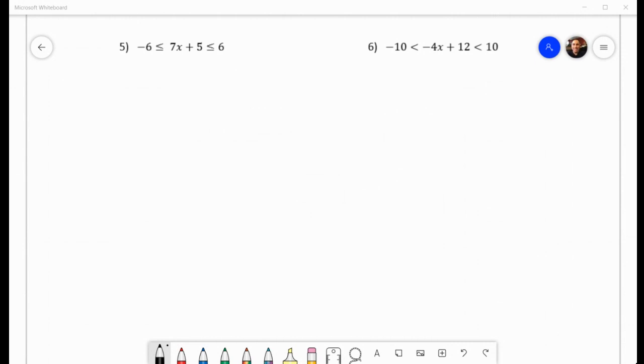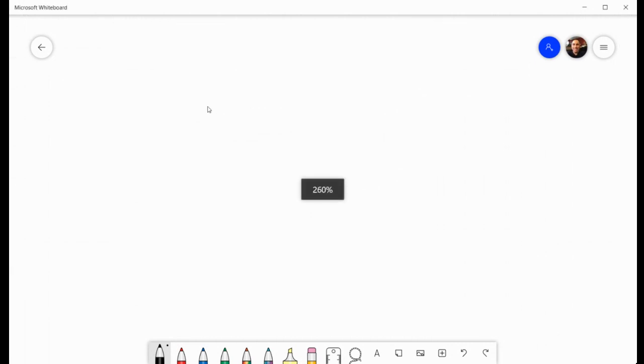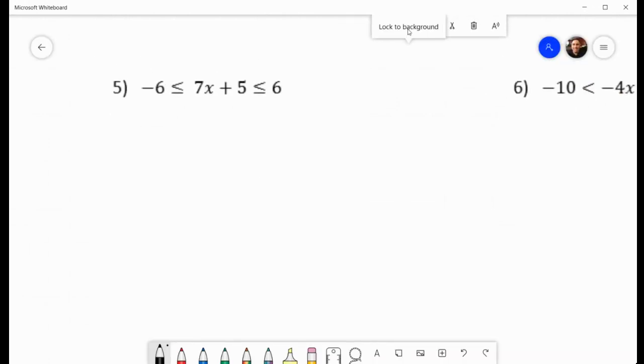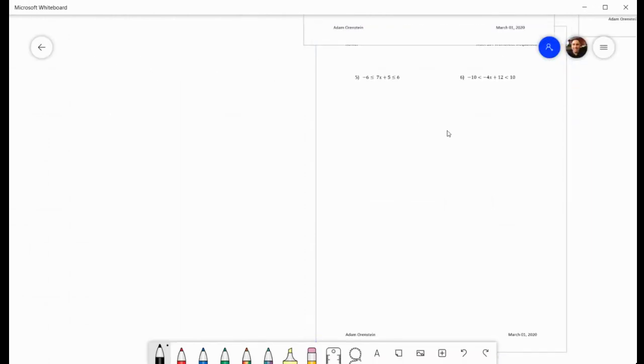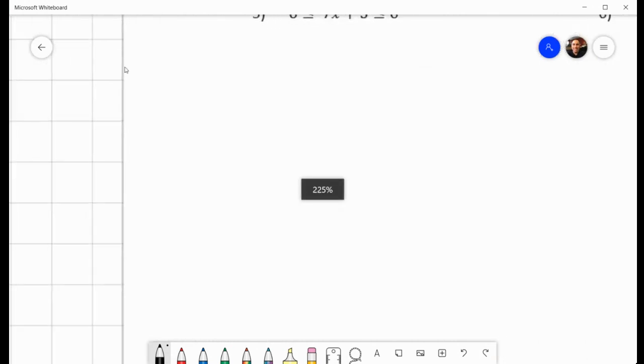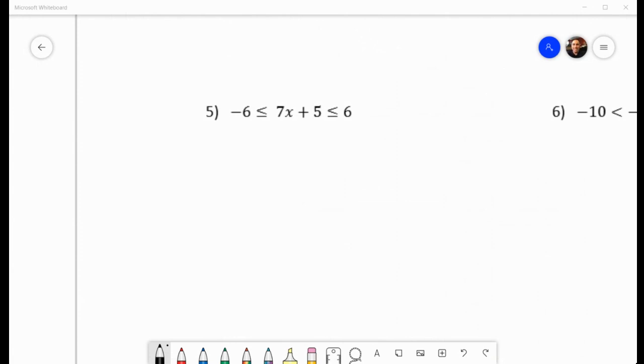Let me just zoom in. Good. That's fine. All right. So now what we're going to do is solve this one, number 5. Okay, so it's just like before, right? What we want to do